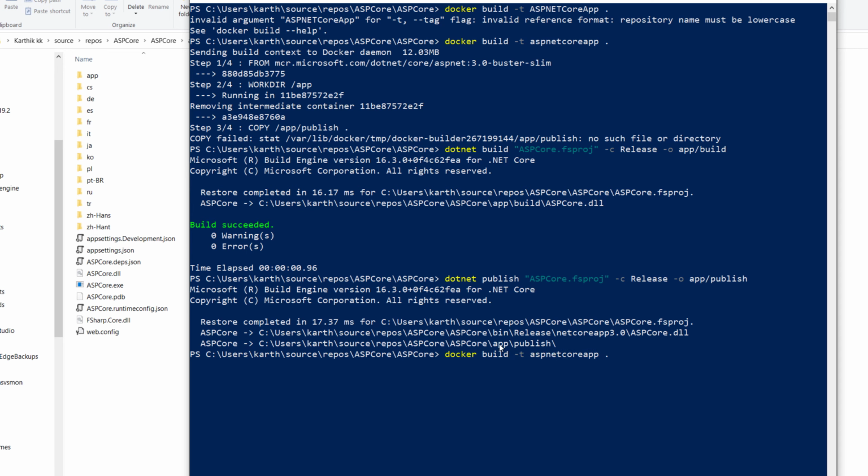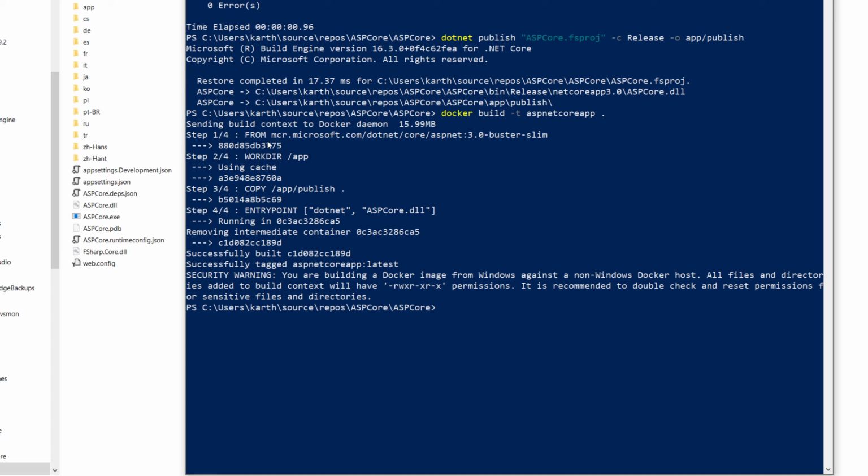So now if I just do this particular docker build -t ASP.NET Core app, hit dot, and you can see that it has now created a Docker image for us. You can see that it is pretty fast on my machine, and it may be very, very slow on your machine. The reason being, step one, which is nothing but the FROM mcr.microsoft.com/dotnet/core/aspnet, this one is actually already downloaded within the Docker on this machine, and that's the reason it is pretty fast,